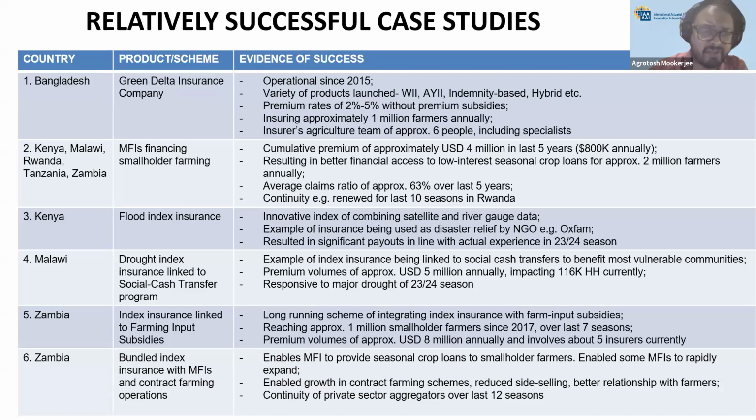And then, of course, in Zambia, so I forgot to mention, I'm based in Zambia usually. In Zambia, we see quite a few cases in collaboration with the government, in particular the Ministry of Agriculture, a large scheme that's been going on over the last 7, 8 years now, whereby 1 million farmers receive input subsidies, and they also receive parametric insurance bundled with those input subsidies. So it's probably the single largest scheme in Africa over the last decade.